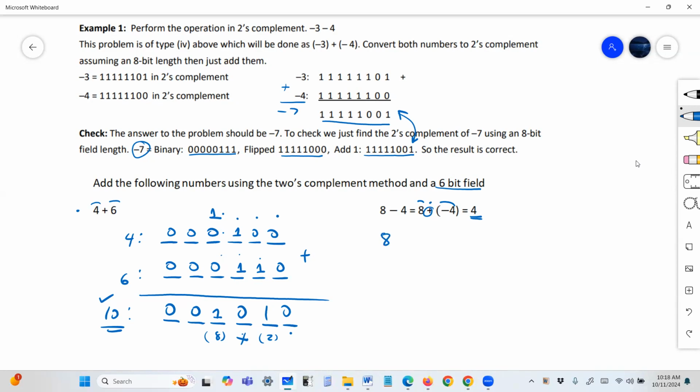So I'm going to write 8 in binary. 2's complement is the positive binary representation. So 1, 2, 3, 4, 5, and 6. So 2 to the 0, 1, 2, and 3. So this is my 8. Right? 2 to the 0, 2 to the 1, 2 to the 2, 2 to the 3 is 8. And now I have to write -4 in